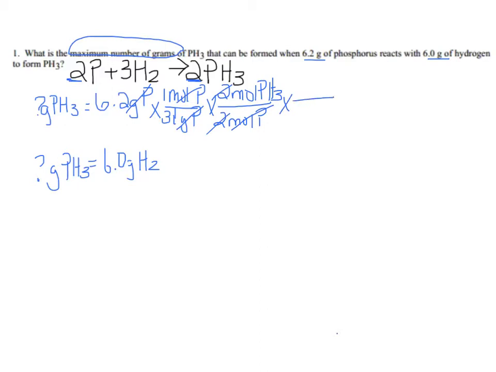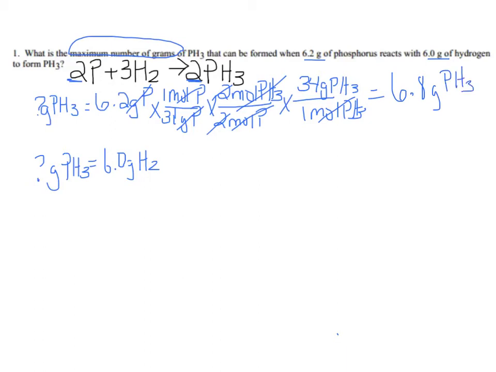And then our next step is to get from moles to grams. So we're going to go ahead and multiply by the molar mass of PH3. So that's 34 grams of PH3 over 1 mole, because it's grams per mole, and because we need the moles to cancel out. So now we can do the math, and I get 6.8 grams of PH3 produced from 6.2 grams of phosphorus. So we're just going to keep that to the side for now and go and work our